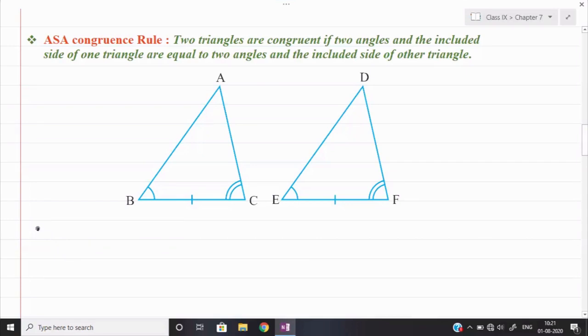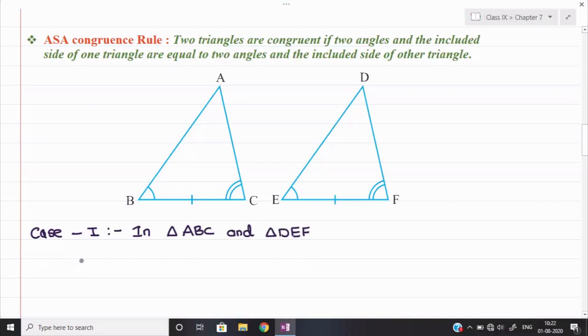So case number 1. There are different possibilities, because different sides can be there, but each and every case will follow angle side angle. So I am showing you what cases can be possible here. So in triangle ABC and triangle DEF, that we shall write down here first. In triangle ABC and triangle DEF.